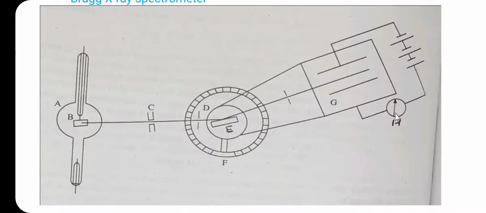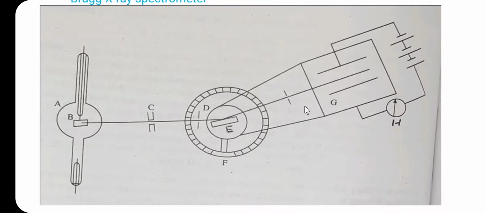The response of this electrometer is proportional to the intensity of the entering X-ray. Starting with a small glancing angle theta between the incident X-ray and the crystal face, the value is increased in stages by rotating table F. The angle at which maximum intensity is observed is the angle of maximum reflection.